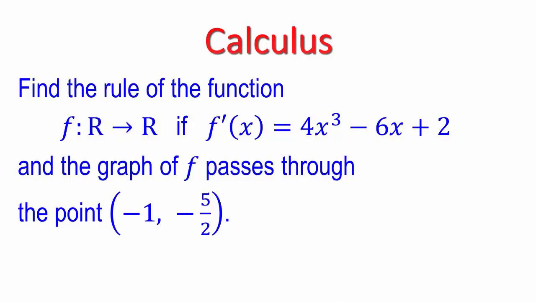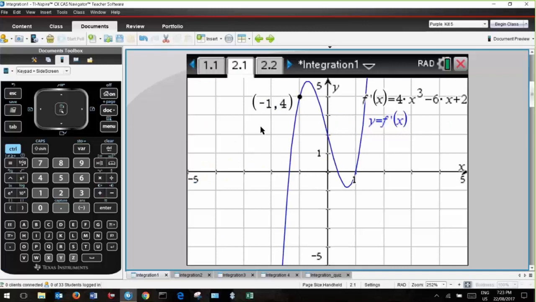So the example we're going to have a look at is: find the rule for the function f if f dashed of x is 4x cubed minus 6x plus 2, and the graph of f passes through the point -1, -5 on 2. Okay, so I already have the f dashed of x graph, and what I'm going to do is